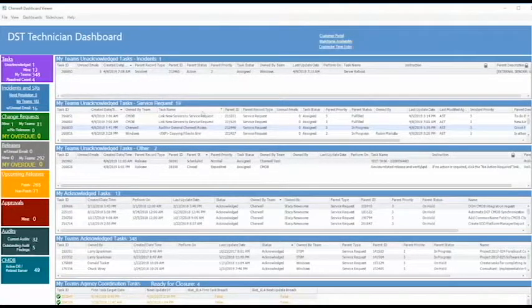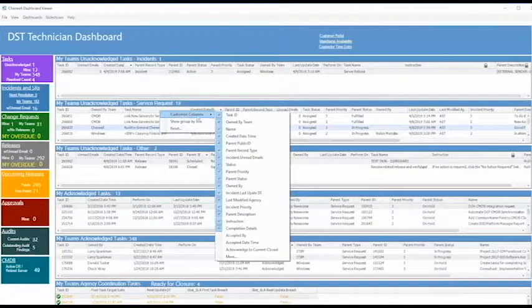Most of the dashboards you look at are going to have grids on them, and these grids are customizable. For example, you can rearrange the order that the columns appear on the grid. You can just select them and drag and drop them to wherever you want them to be located. You can also add and remove columns from the grids, and you do this by right-clicking on any column header